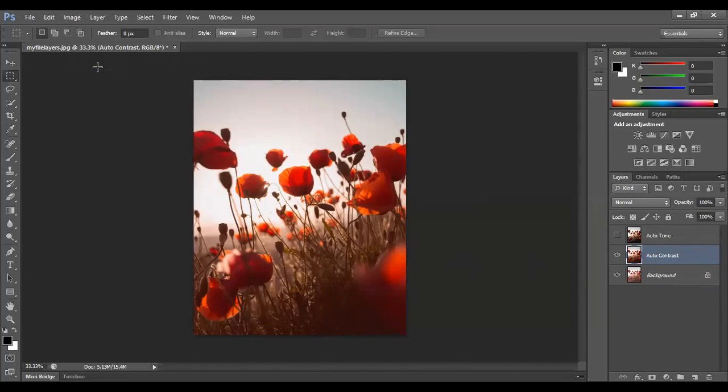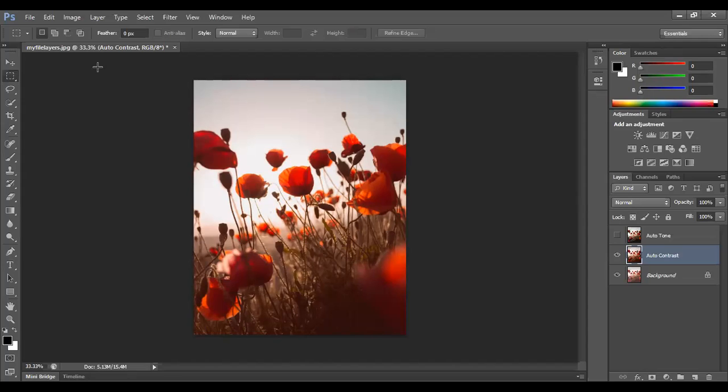I'll tell you why. Auto contrast is one of the most basic or straightforward ways of all the three forms of color channels which are there. It will not consider red, green or blue. In general, it will just boost the contrast and give it to you. If you feel that your photo is not having any kind of color problems, but you want to enhance the photograph, then you can use auto contrast directly. So auto contrast versus auto tone has a slight difference.